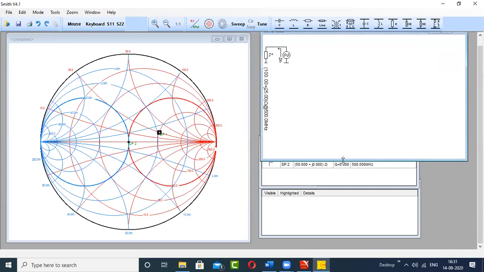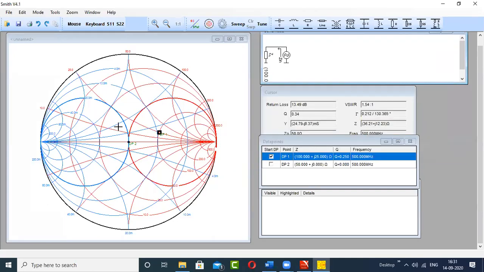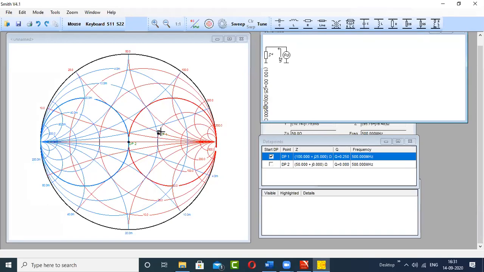So whatever be the situation, whatever be the values of the impedance, whether you are inside this red circle, which is nothing but the reference circle, or you are outside this circle, the approach to solve this impedance transformation problem is always the same. You have to move from the load to the center of the Smith chart. And to move from the load to the center of the Smith chart, you have to take the help of circles.